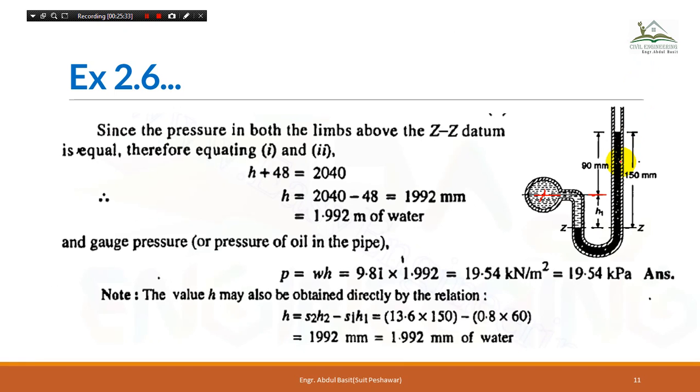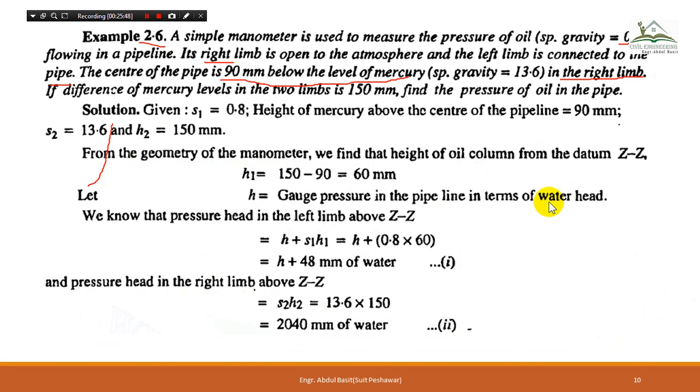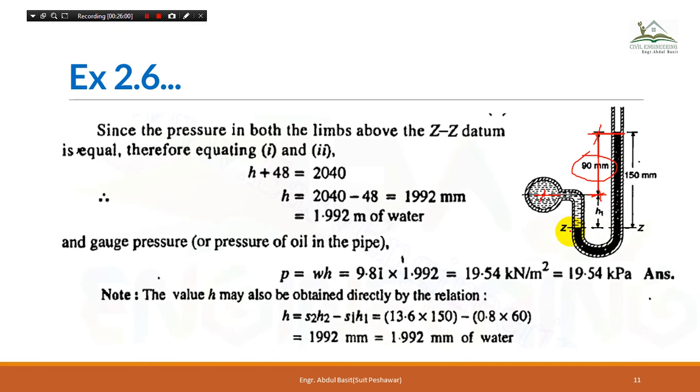Okay, so the level of the mercury in the right limb is over here. The center of the pipe is 90 millimeters below the level of the mercury, so here it is. Secondly, the situation is, if the difference of the mercury level in the two limbs, this is the mercury level in the left limb, this is the mercury level in the right limb, the difference between these two is 150